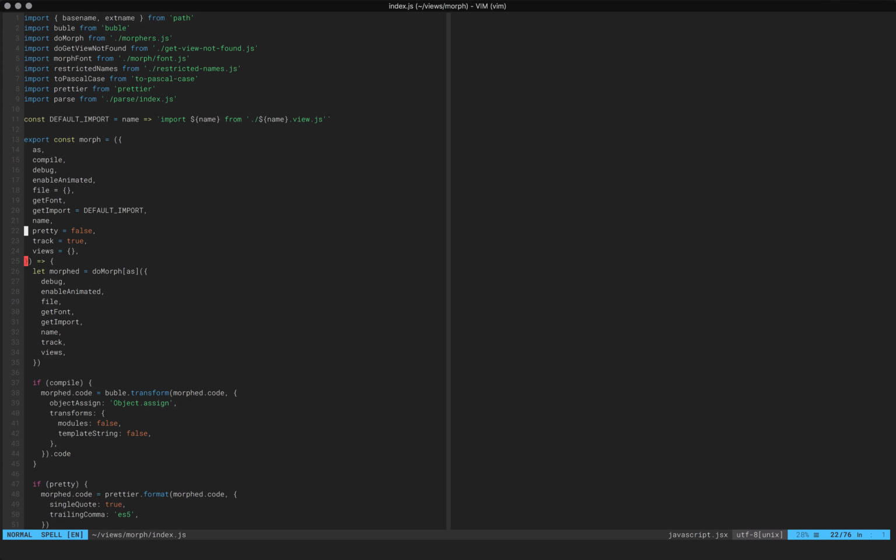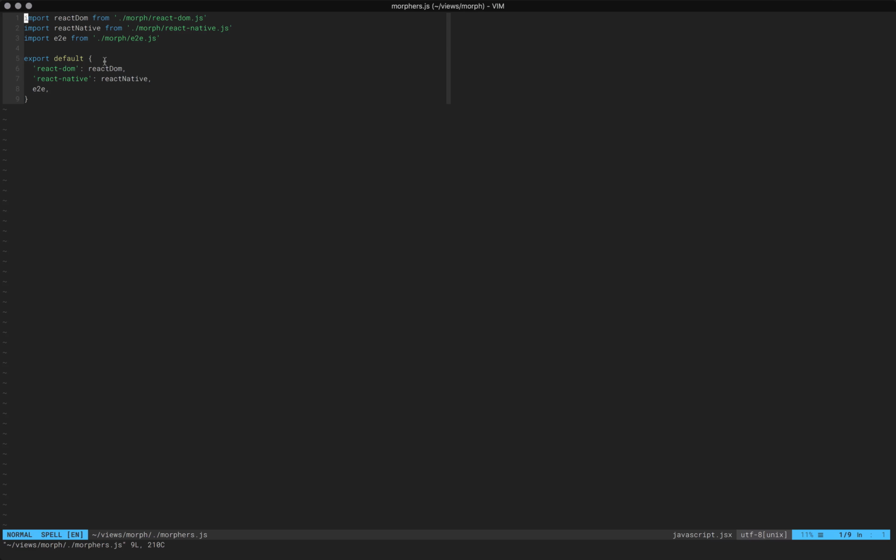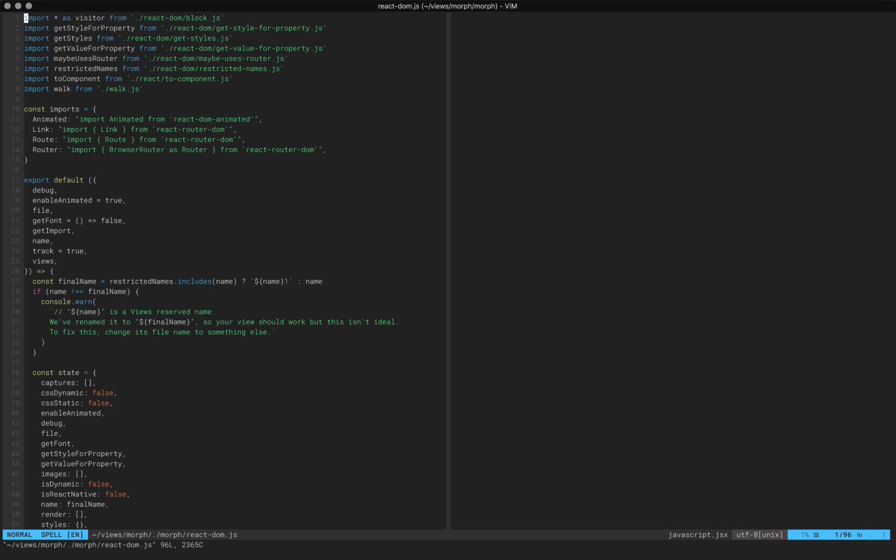So let's have a look at the parts that are actually within views, like the morphers themselves. And here's what we have, the actual ones. This is the param that you pass on the command line: React DOM, native, or end-to-end. React DOM and native are pretty similar. I'm just going to go through one of them, so we can see an overall structure of how we go about understanding it. Basically, once we are on the morpher,